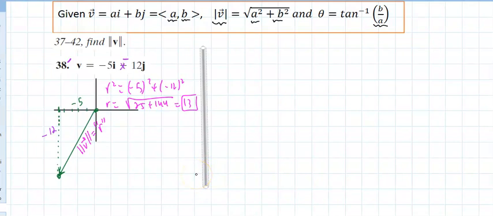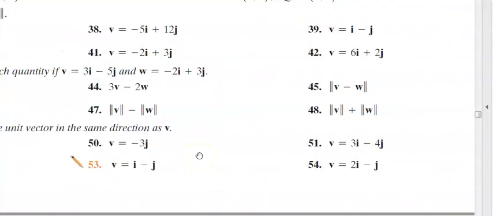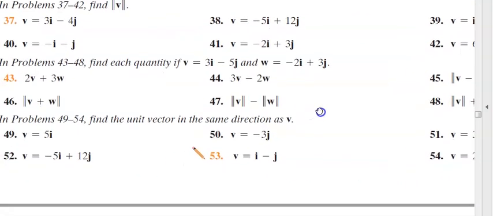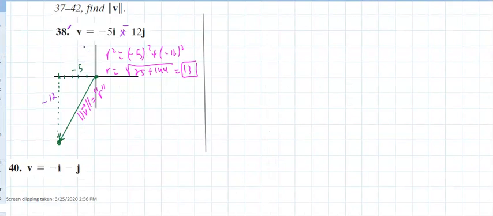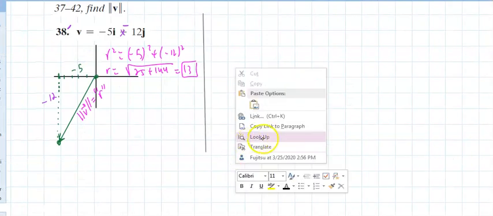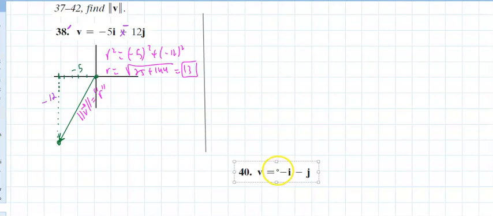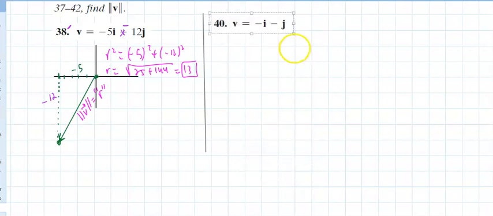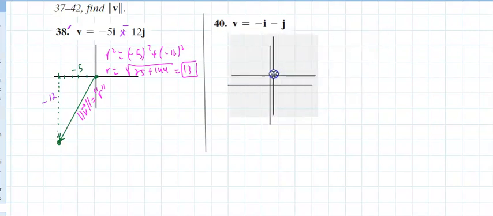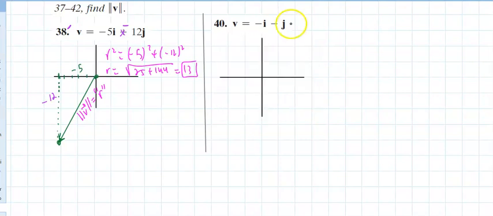So let me go ahead and pick another problem. Let's look at 40. We did 40 over and over, and I'm going to add to it. We have about a minute, which is plenty of time. You can do a lot in 1 minute. And what's the key in all of these sections, 4-1, 4-3, and 4-4? Plot it. How hard is it to plot one of those? So, isn't this actually -1, -1? If I move 1 left, 1 down,